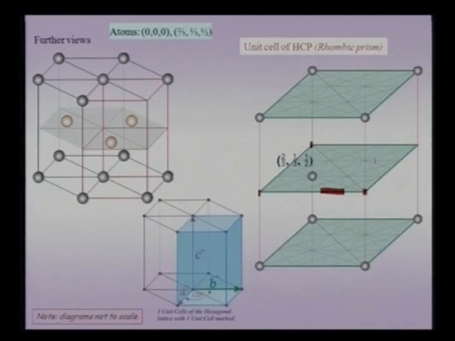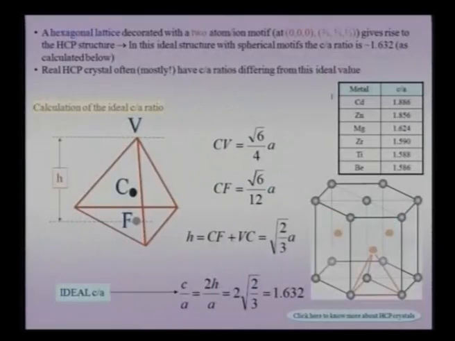So this atom is located at the centroid of this triangle, which is nothing but the midplane of the half triangular prism. So this is where the additional atom is located, and next we will try to calculate what is known as the ideal C by A ratio for a hexagonal close packed crystal. Now we have packed the layers along the C direction, and therefore if you have perfect spheres, there is a mathematical value for this C